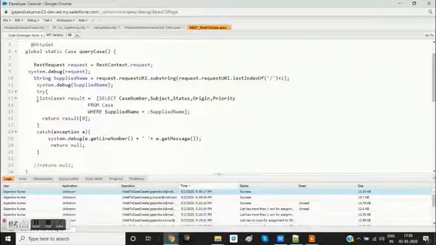Then, because we are writing a method for querying Case, we query the Case object: select CaseNumber or Subject, whatever fields we want, from Case where SuppliedName equals the supplied name, which will come to us as part of the request URL or endpoint URL.